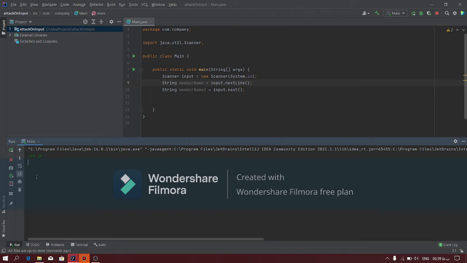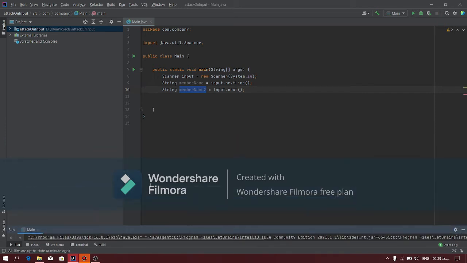The program doesn't end right here because it's still waiting for you to enter the member name 2. When you use nextLine, you cannot use a separator like space here. It will be only enter. Okay, so it's still waiting for you to enter the member name 2, and let us just stop it